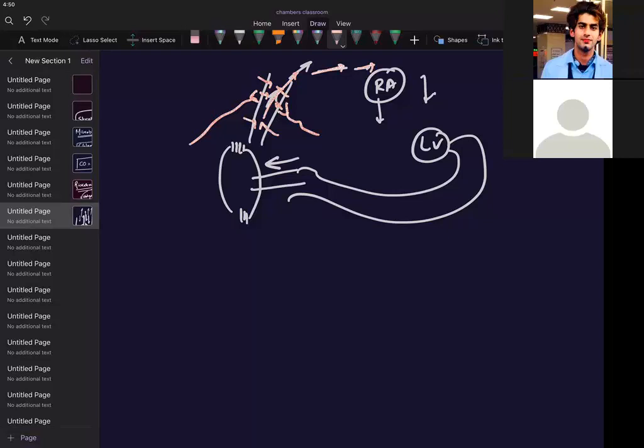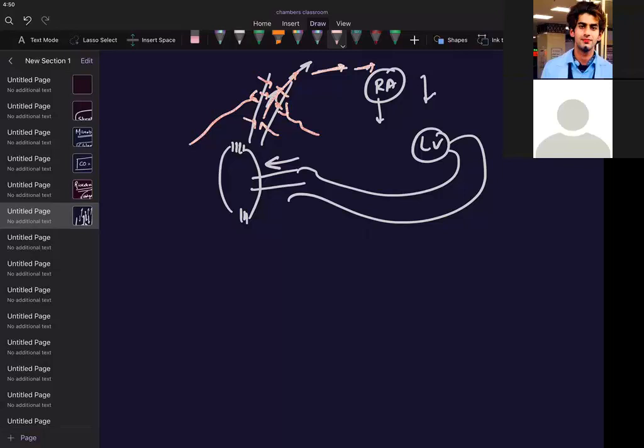What will happen to the brain? What will happen to the heart? Definitely heart rate should increase. But I'm here talking about the effect of these things on the venous return, so I'm taking that part only.